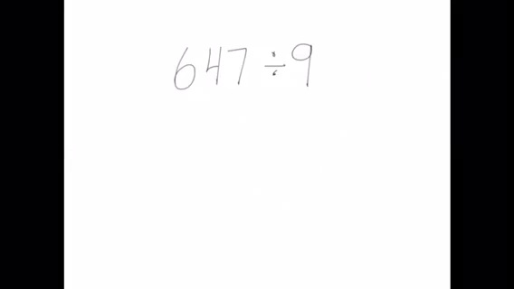So what I'm going to do first is I am always going to focus on my first two digits. I'm going to change my last one to a 0. First, I'm going to try to not change the 9. What's close to 64 that I can divide by 9? 63 is divisible by 9. So I have 630 giving me 70.